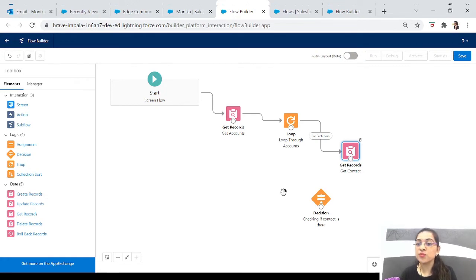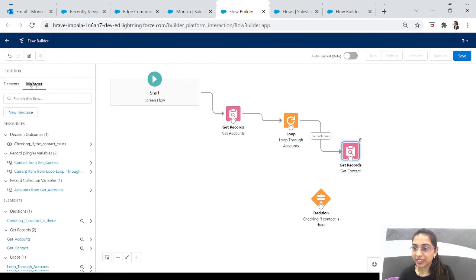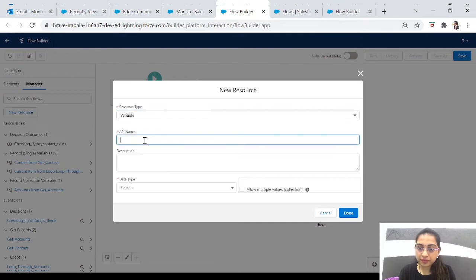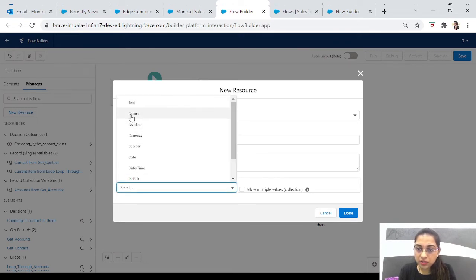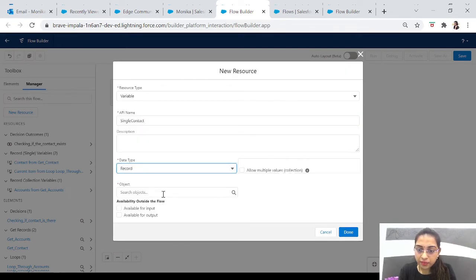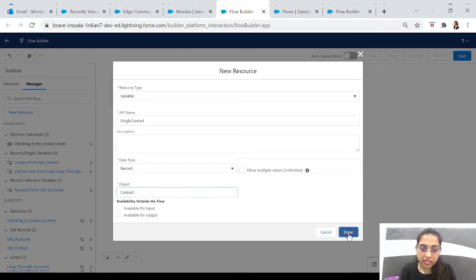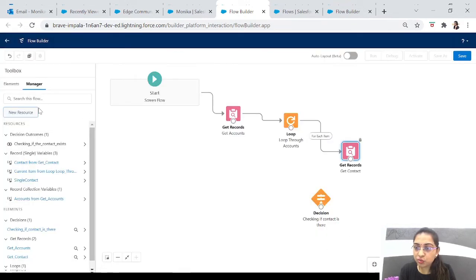What we are going to do is create two variables. One variable will be for a single contact. This will be a record type variable, and the object will be contact. Done. I'll let you know why we are creating this.